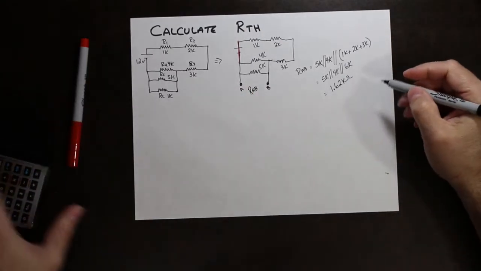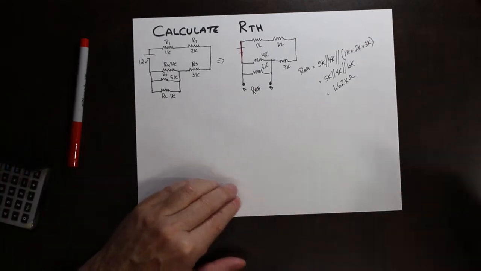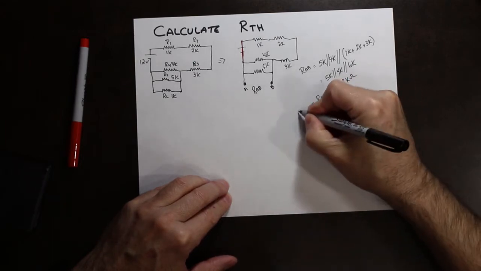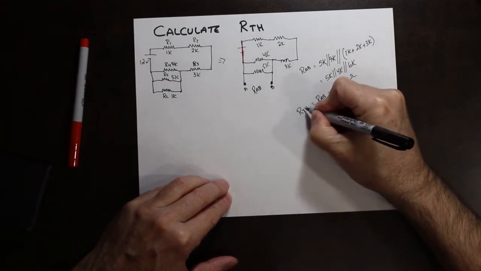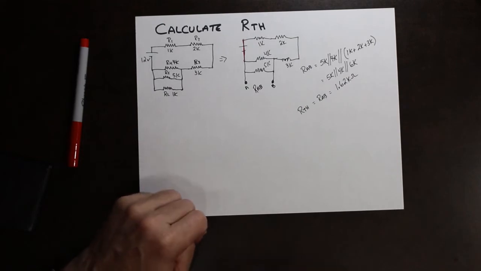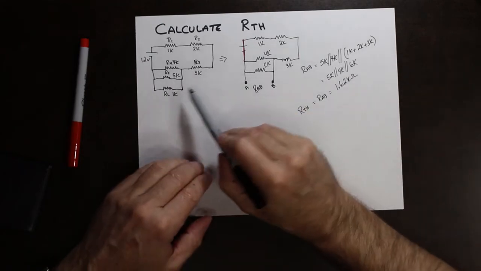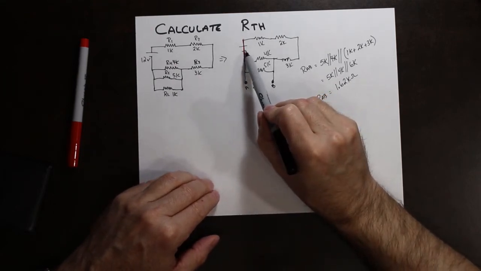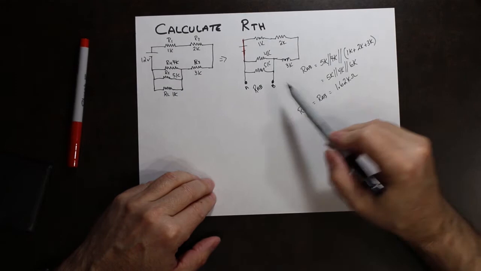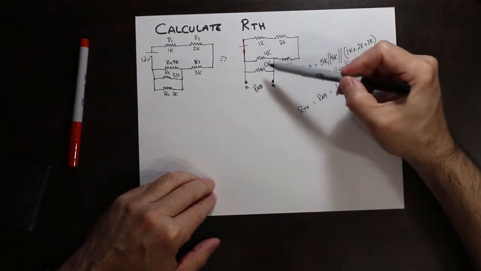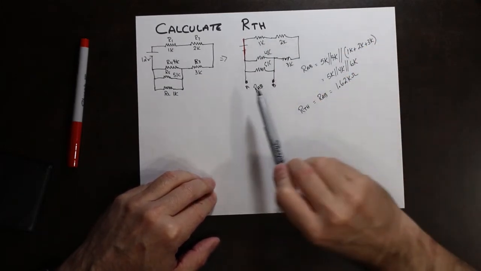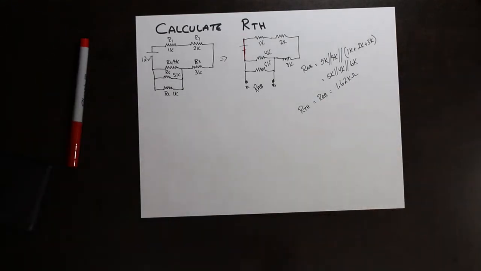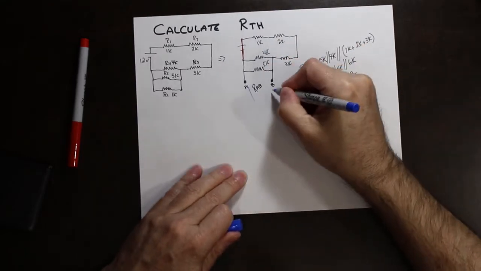So 1.62 kiloohms, that is our AB, which is our Thevenin for this circuit. Okay, so again, we remove the load, mark it AB, short out the power supply, and find the resistance from A to B. So if I put these resistors in this configuration and I put an ohm meter here, what would it read? If I actually built that circuit and put an ohm meter here,